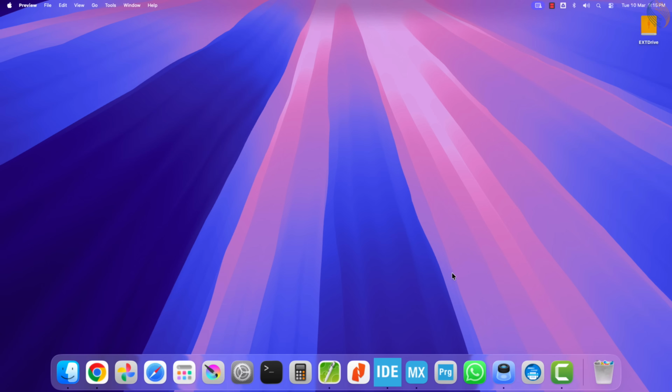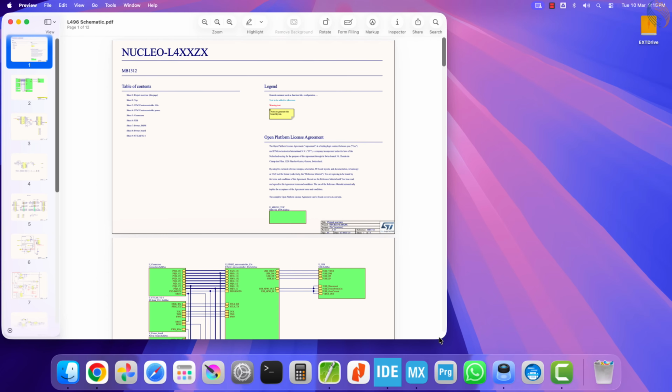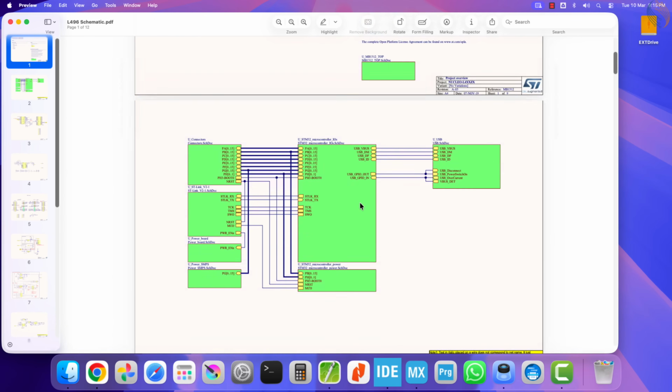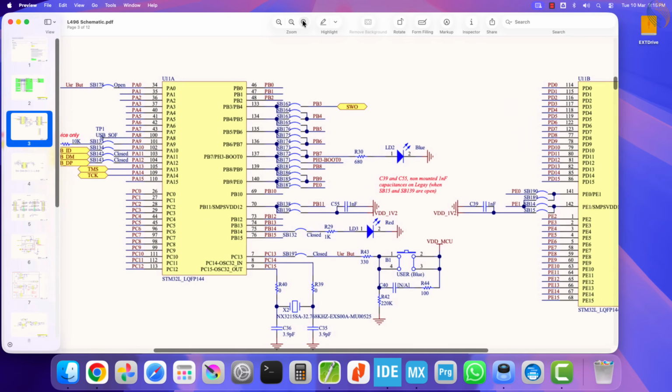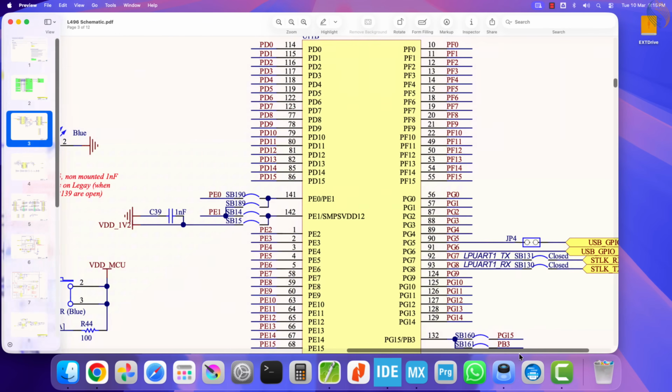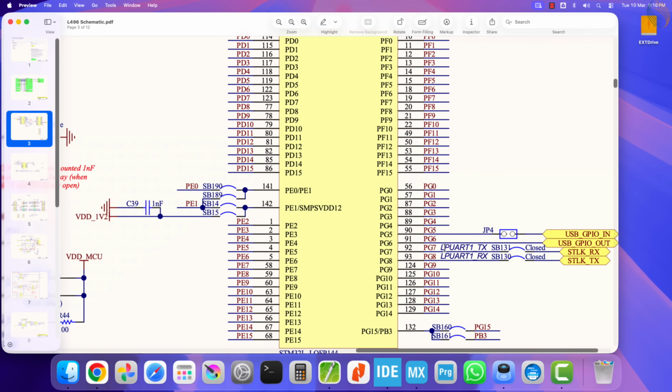Now let's take a quick look at the schematic of the L496 board. Since this is a Nucleo board, we can use the virtual COM port to route the UART data through the ST-Link USB connection. Here you can see that ST-Link RX is connected to low-power UART1TX, and ST-Link TX is connected to UART1RX. These correspond to pins PG7 and PG8, so we will keep this in mind while configuring the UART